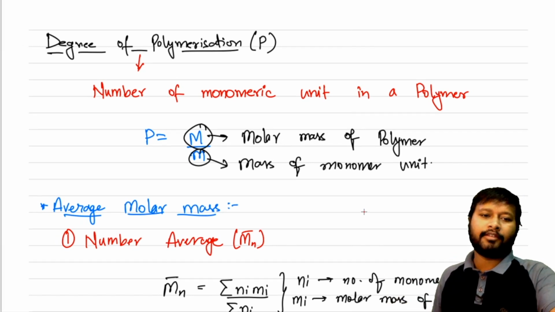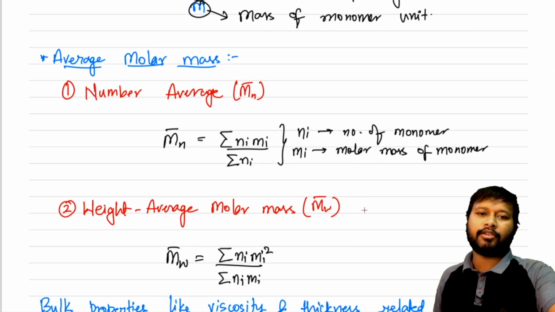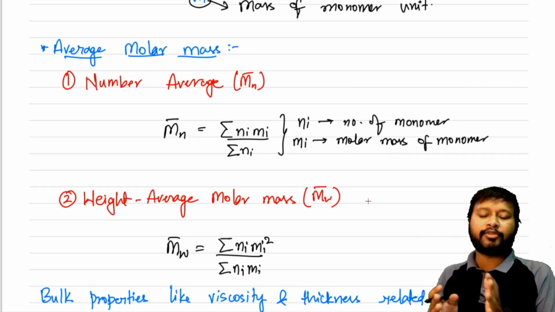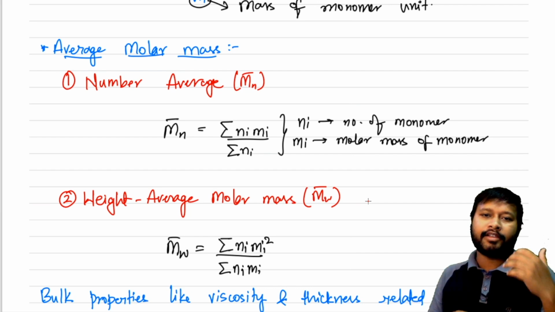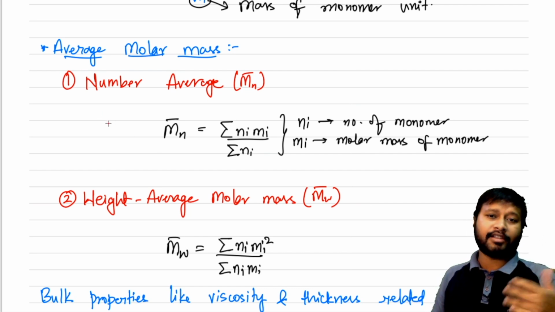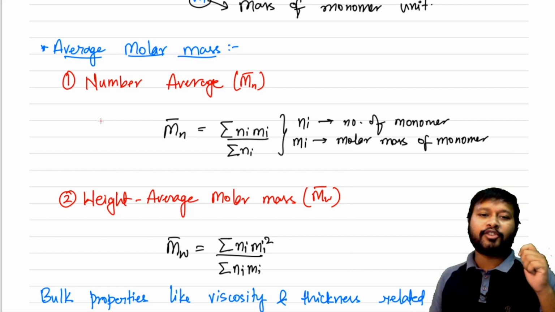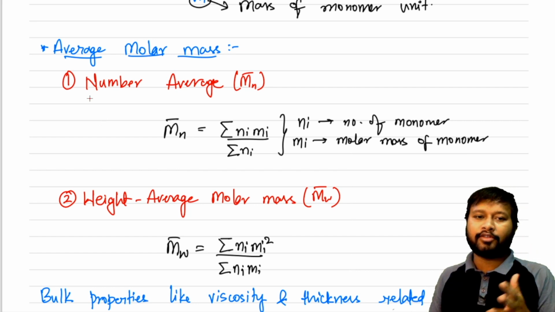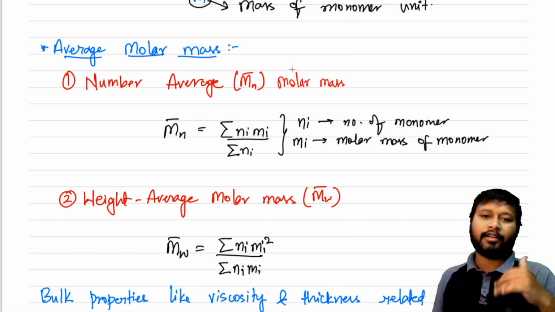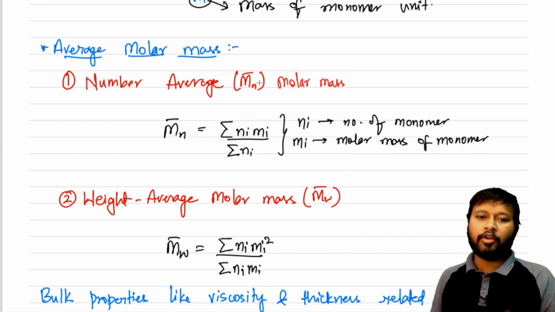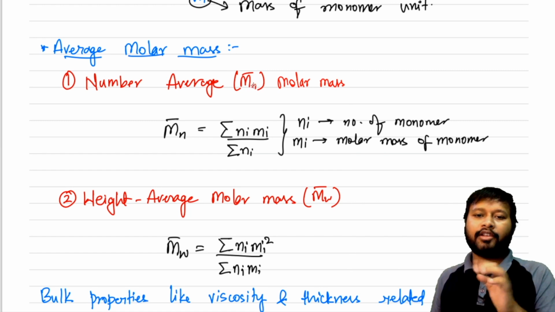All right. The next thing we have is average molar masses. So there are different types of ways in which we calculate the average molar mass of the polymer. Some of them I have given here. Basically, these are the only ones which are asked in exam. So number average molecular mass. Okay, so this is called number average molar mass, and this is denoted by M bar n. That bar denotes that it's the average mass, and here small n denotes that it is number average molar mass.